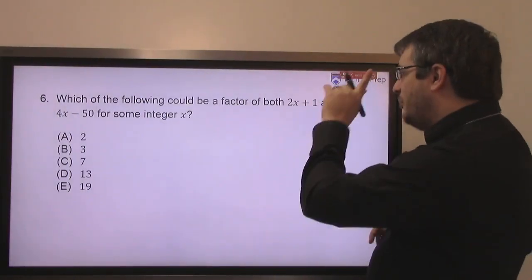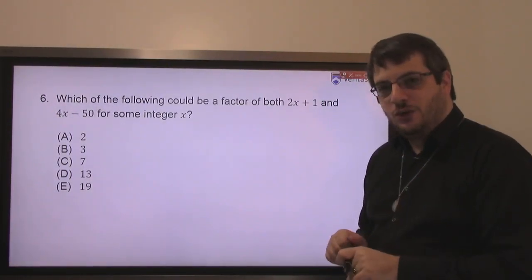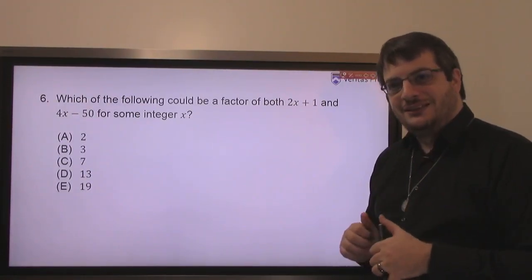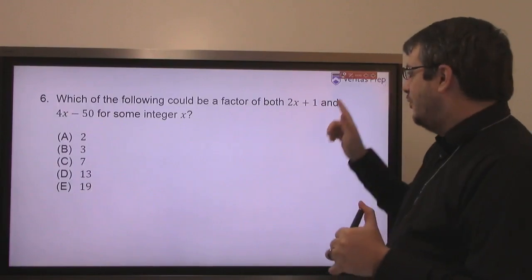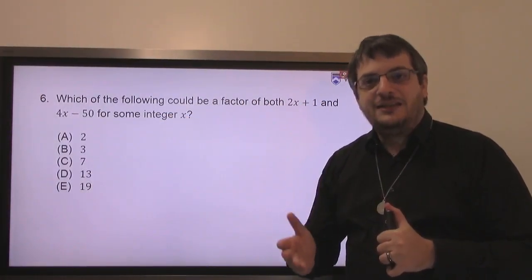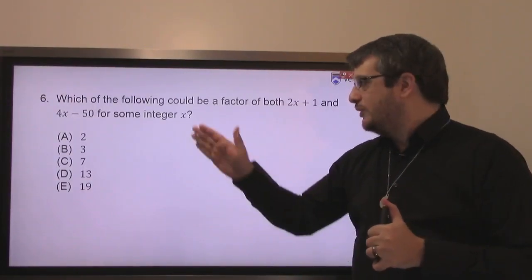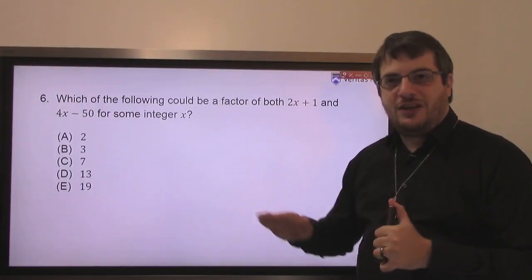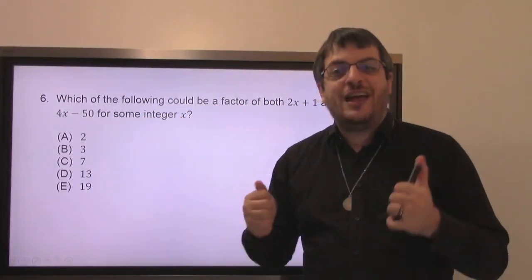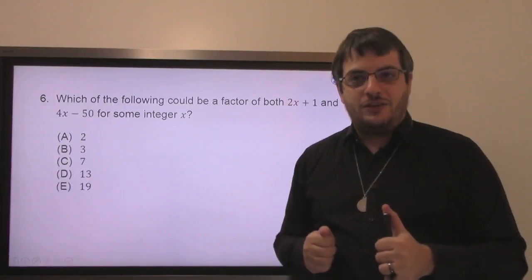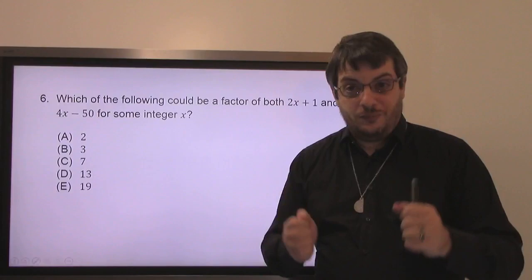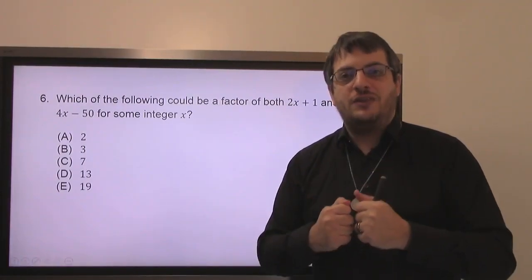Now, I want to make the x go away, because the x is annoying me. What I know is that I can combine these any way I want, because any sum or difference of these will still be a multiple of whatever that factor is, right? If it's a factor of this and this, then if I add them together, it will still be a factor because of the universal divisibility rule. Whatever is a factor of both is a factor of their combination.